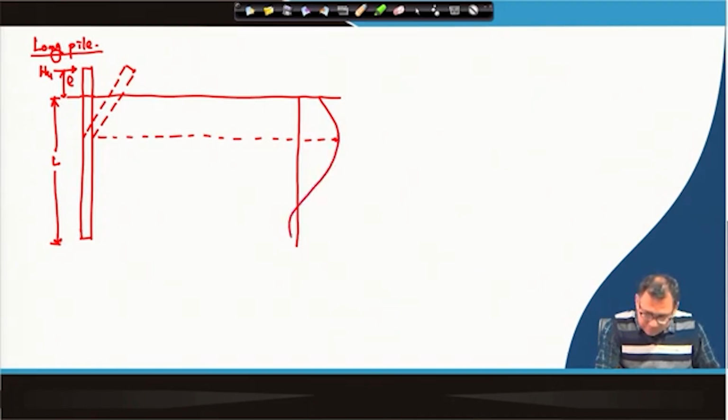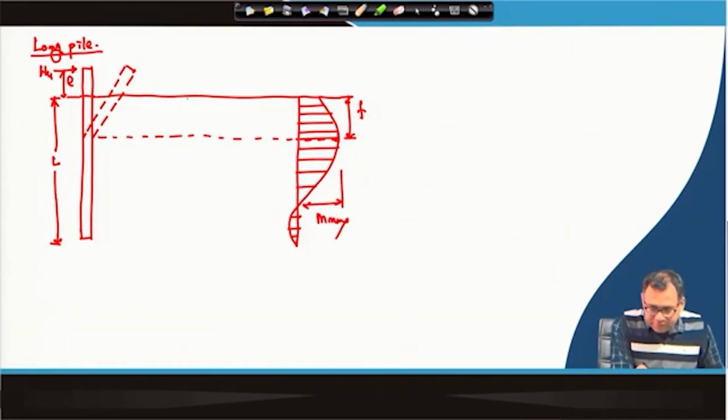Then it will go like this. So, this is the bending moment distribution. And this is the point which is again f, and this value is M max, and the soil reaction